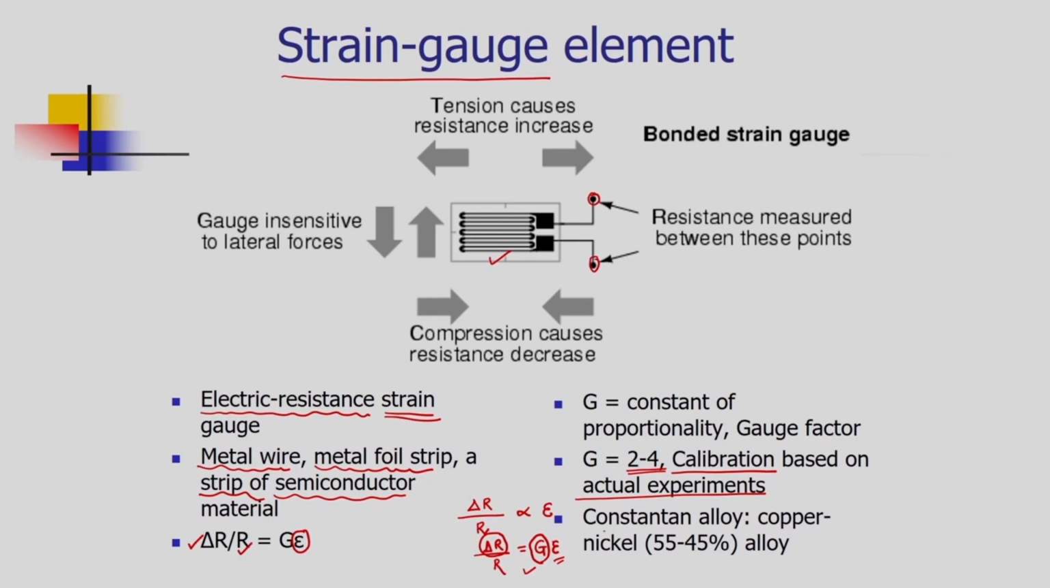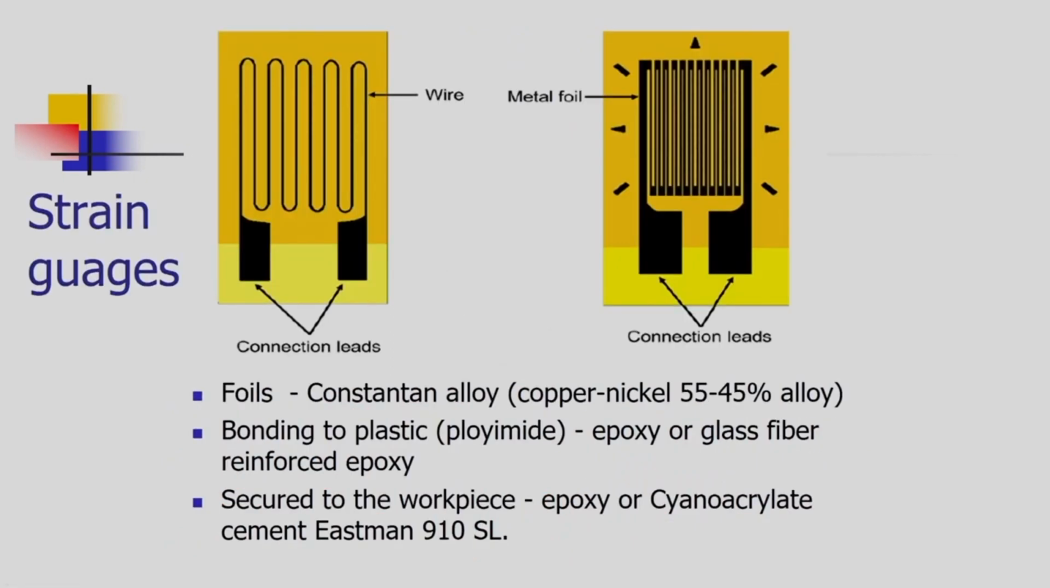The most common material which is used as the strain gauge material is Constantan alloy. It has copper and nickel in the proportion of 55% copper and 45% nickel. Two more pictures are there on your screen. In the first picture you can see a thin foil, and on the thin foil a wire is wound, it is attached. In the second